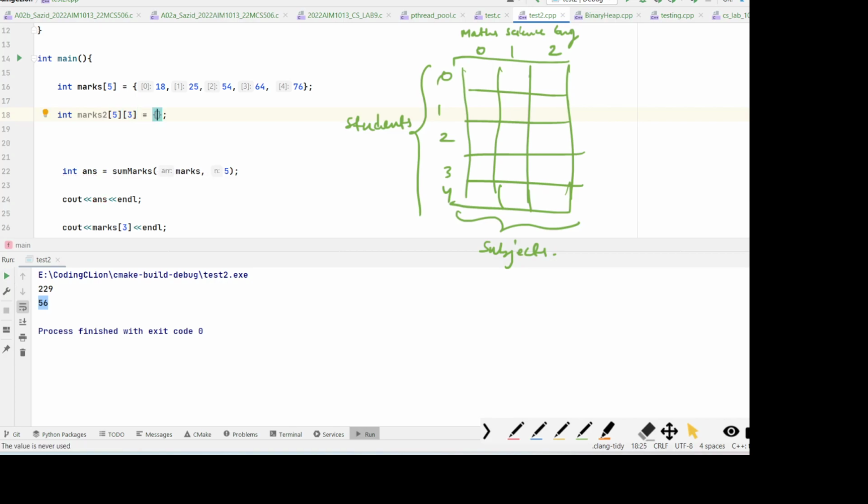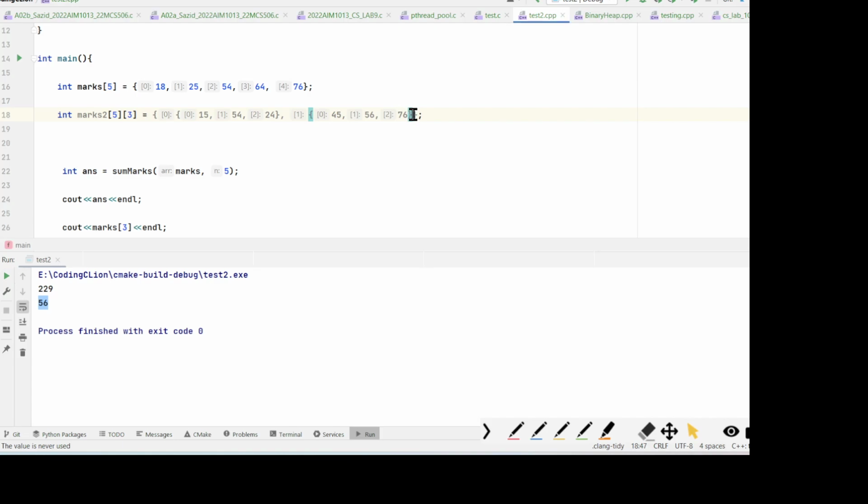And we can declare marks of the first student as 15, 54, 24, and marks of the second student as 45, 56, 76, and marks of the third student as 34, 57, 89, and marks of the fourth student as 23, 65, 78, and marks of the fifth student as 12, 63, and 53. Okay,